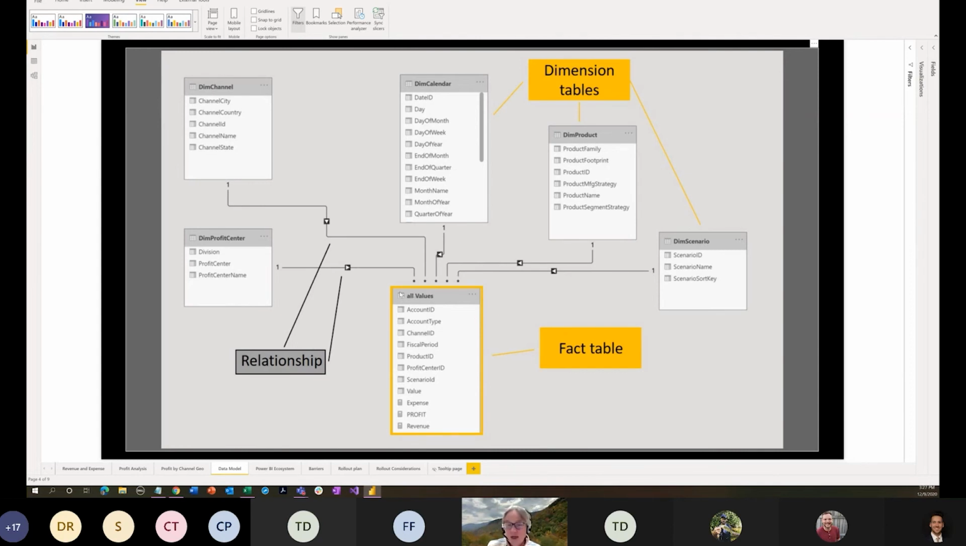A fact table is always going to be the centerpiece of a model. So it's always going to sit virtually in the center. It doesn't actually sit in the center per se, but visualizing it, it'll sit virtually in the center of your model. And the tables that have the information that describe the facts will sit around it